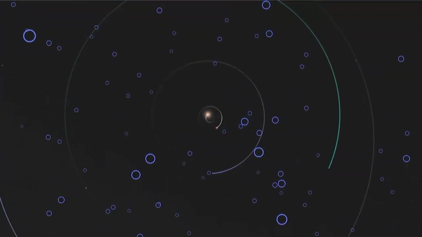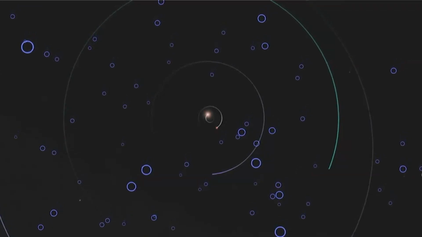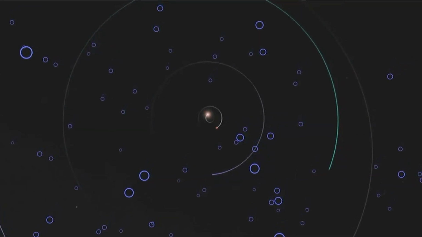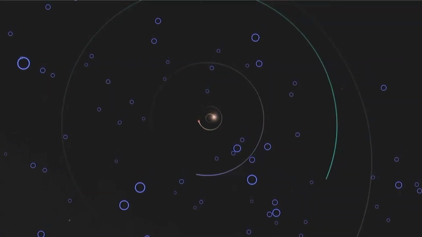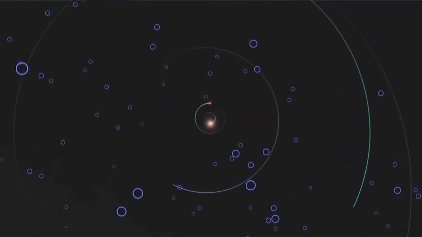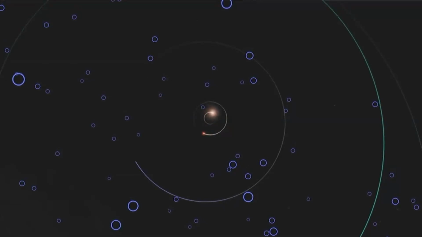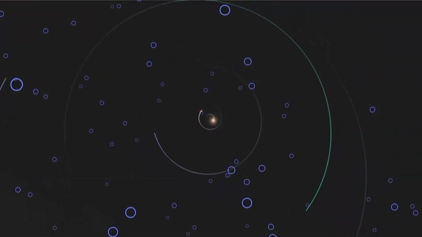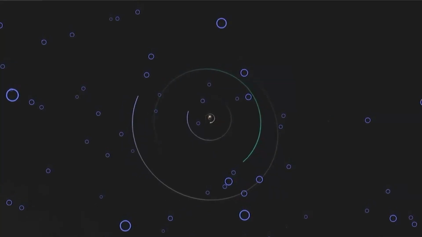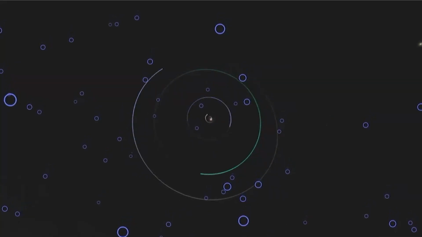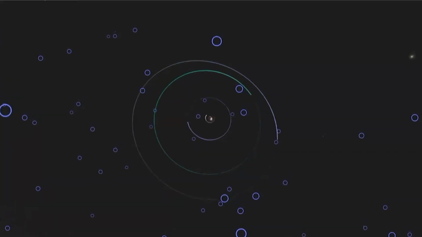There's a brighter star that's a G star, so it's similar to our sun. And then there's a smaller star, which is a red dwarf, a much less massive and cooler star. You can see those 2 stars are orbiting each other via gravity. As we pull away, we'll also see the orbits of the 3 planets. And we can make time go faster so that you can see all the planets orbiting relatively quickly.